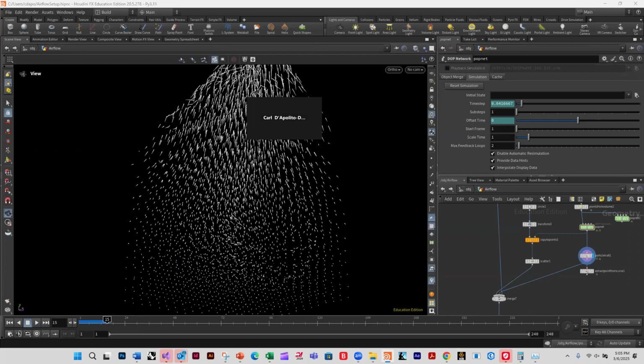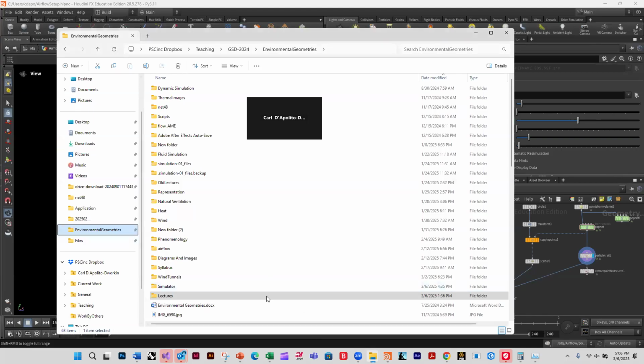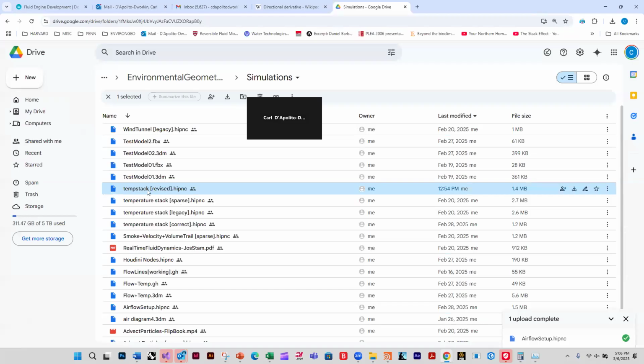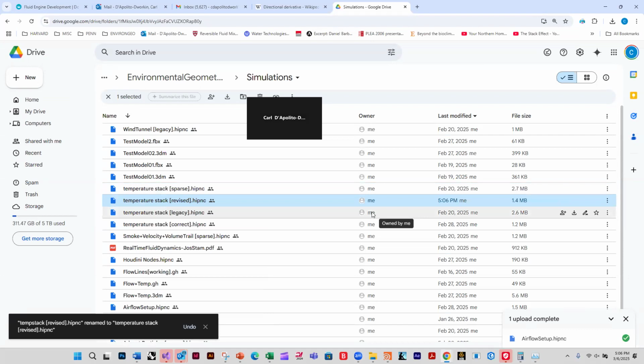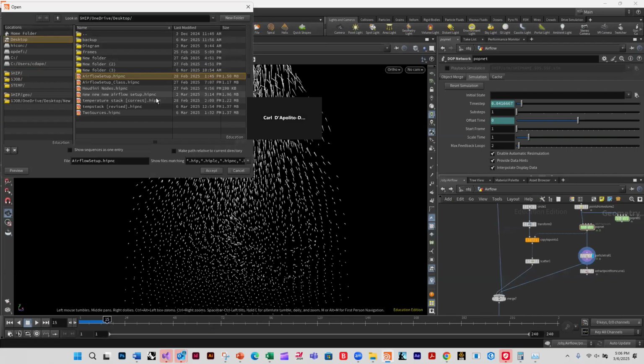Okay, now I want to look at a different one, which I uploaded for you guys. It's called temp stack revised. It should be called temperature stack. Let me just make it the same. Temperature stack revised. I keep making these and changing them, but I think this is the most clear one. And if we open that,